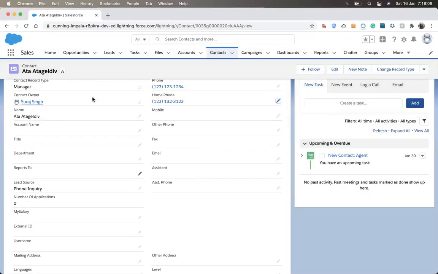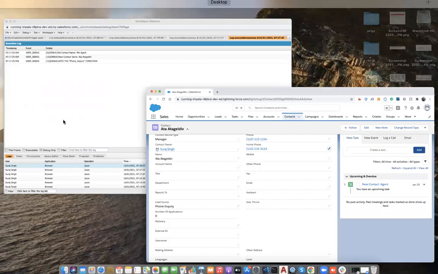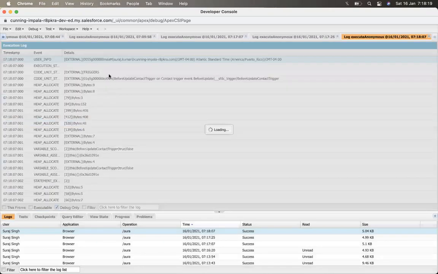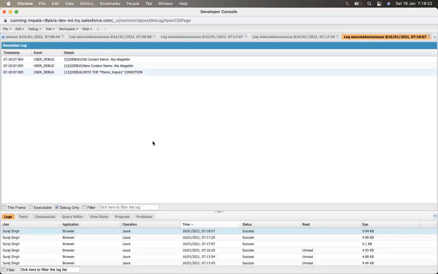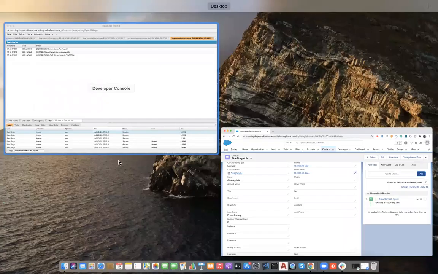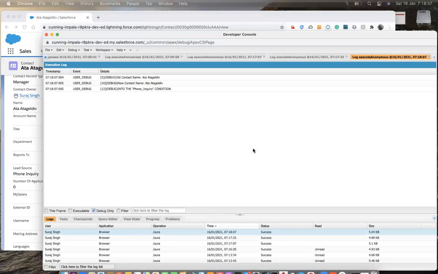I save that, and again come to this log, and again it entered into the situation. I'm making changes in the home phone, but our code also runs and checks whether the phone number is valid or invalid. That is not the case; it should not always check that value whenever we are making changes in any other field.